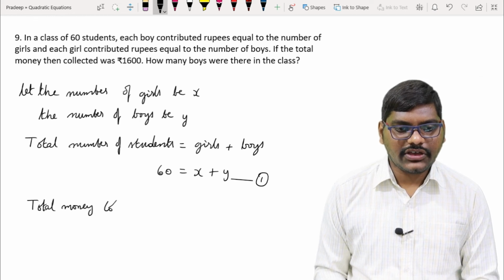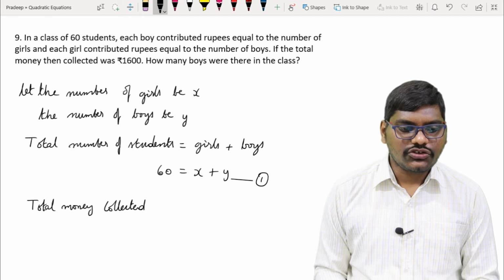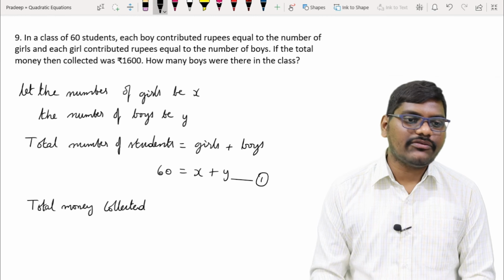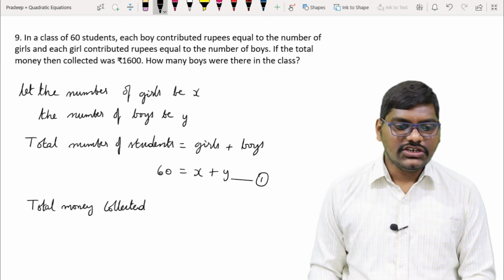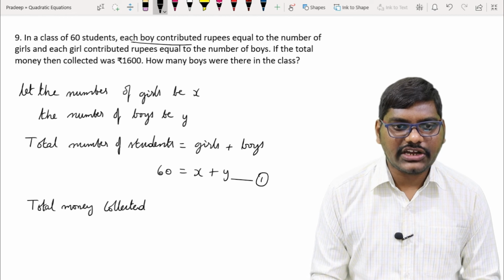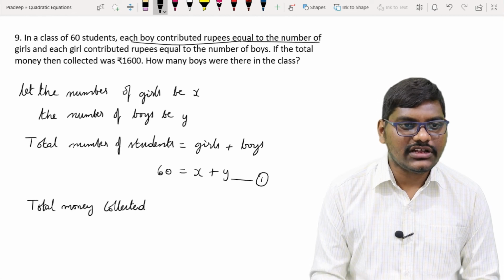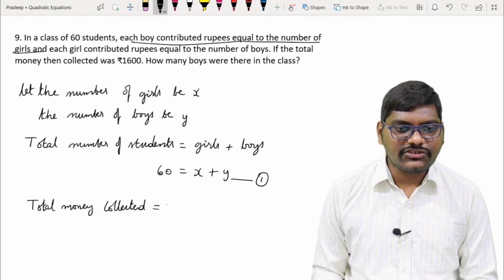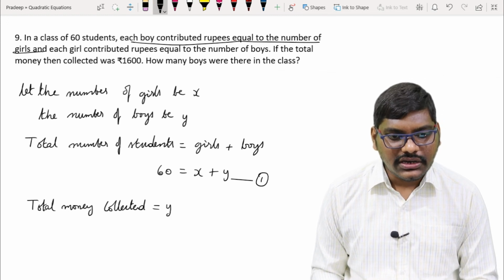Okay, or we can say collected. Total money collected, how much? It was 1600. Of course, it was collected by boys and girls. The point they have given here is: each boy contributed rupees equal to the number of girls. Girls is x and boys is y, so I can write each boy contributed equal to girls, so that